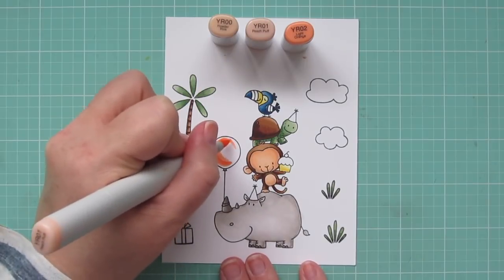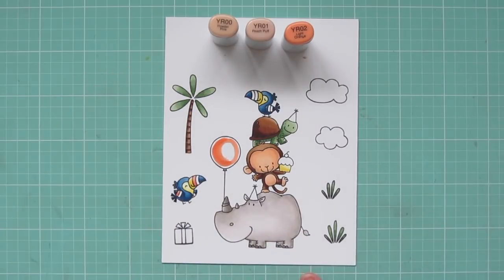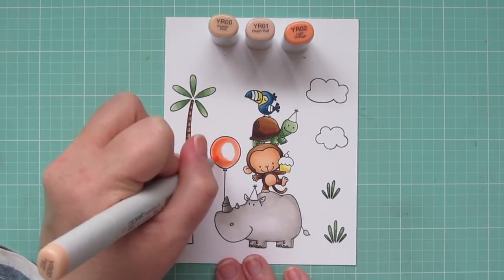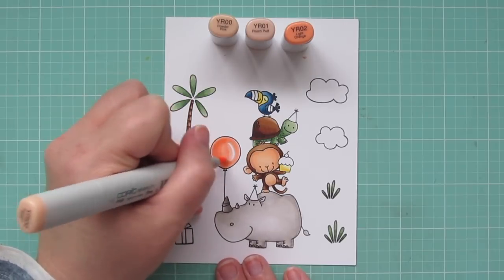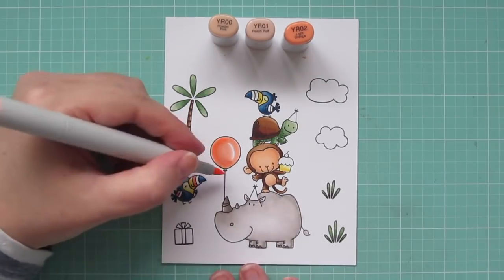So I first do a dark kind of C shape over on the left, and then I take my mid-tone and make a ring all the way around the inside, but I leave a little bit of area on the very edge for kind of like a rim light. And then I just fill in everything except a small sliver on the right hand side, which I leave white